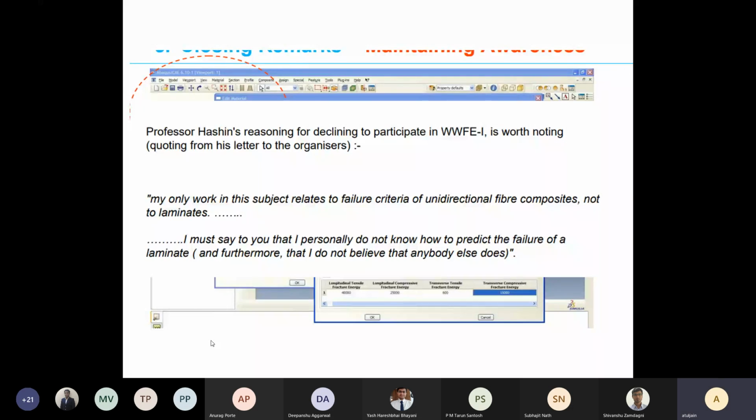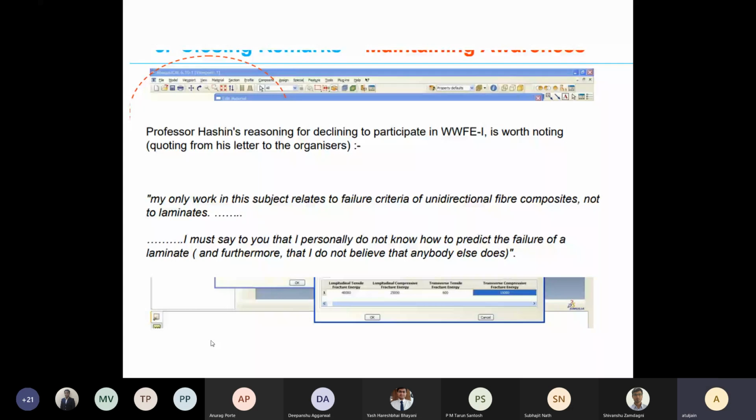But to be fair to Abaqus, they did not only implement the Hashin failure criteria, progressive damage has been included. So Hashin failure criteria plus progressive damage maybe works, maybe doesn't work, but the professor himself who developed this criteria has very little confidence. This was in 2001, maybe he has changed his mind, but it's unlikely. So simulation is nice, modeling is nice, but believe that only with some skepticism. You should not blindly believe whatever simulation results that you get.